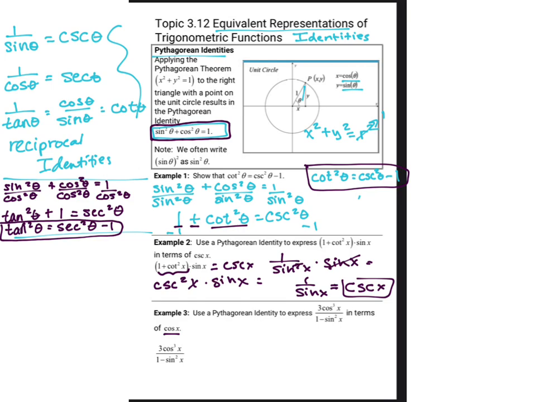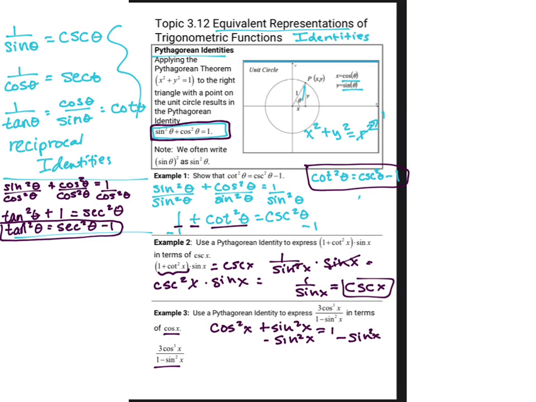This down here on the bottom? 1 minus sine squared x. Can you tell that if we rewrite our cosine squared x plus sine squared x equals 1, if we rewrite that and subtract that sine squared x off of both sides,